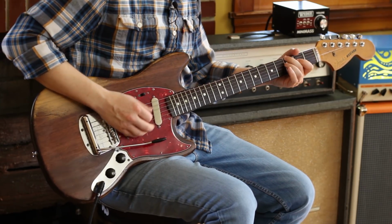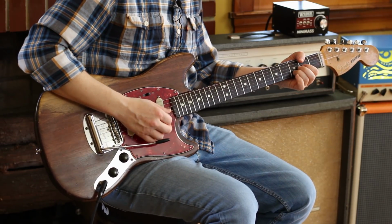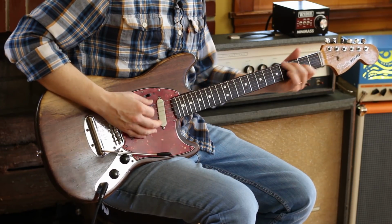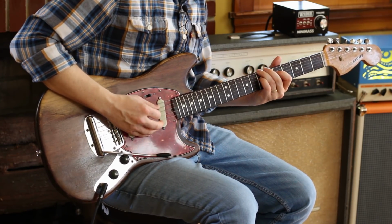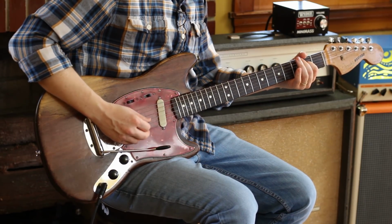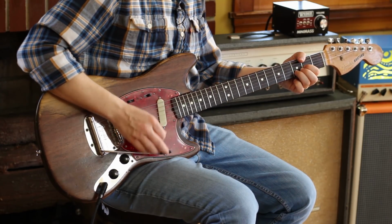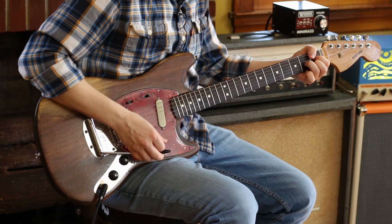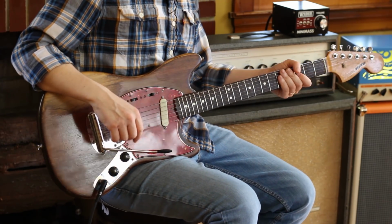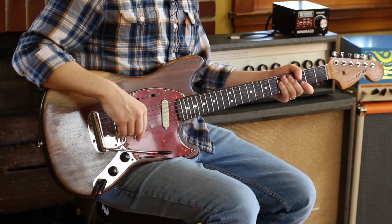So that whole little chorus there. Diminished. E minor. Diminished. That is just a masterful chord progression. All right, and then the song flips back around to that main chord progression of G, B minor, and C, and then